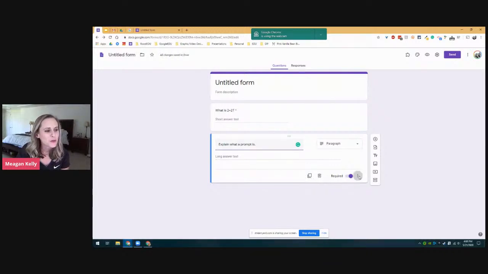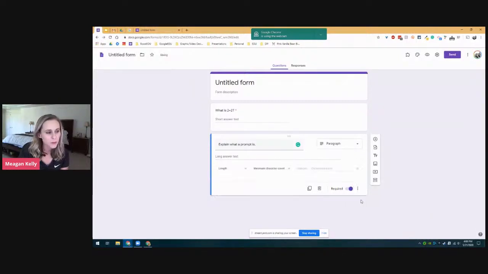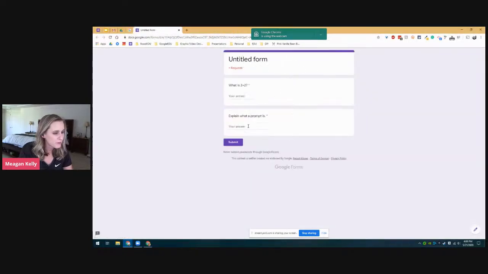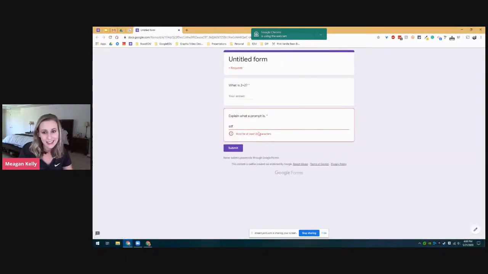But what you could do is change this to response validation. It's funny, because this actually changed it to paragraph automatically, but you could click response validation, and you can even have a minimum character count, because I think we all know that sometimes our kiddos will write something really short. Or maybe you want them to write a longer answer. So you could say that the minimum character count has to be at least 20 characters. So when you go and view this one, if I only type this much in, it's not going to let them go on until they give those